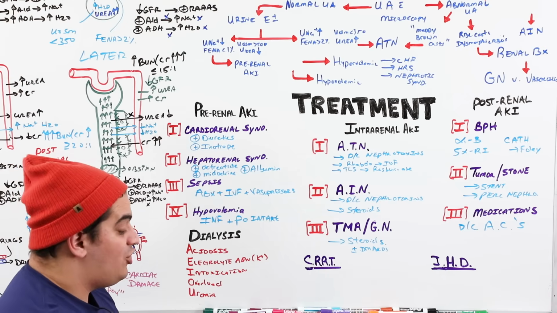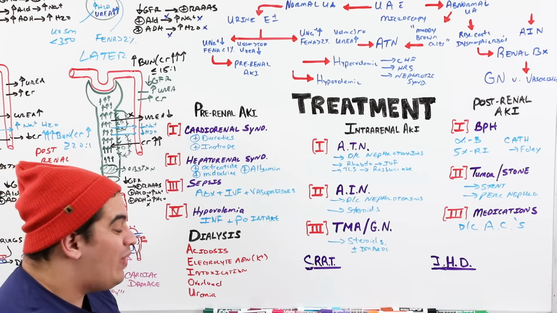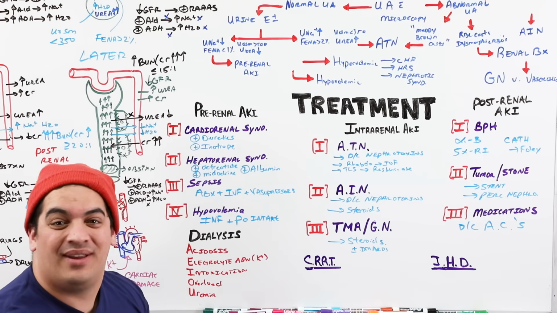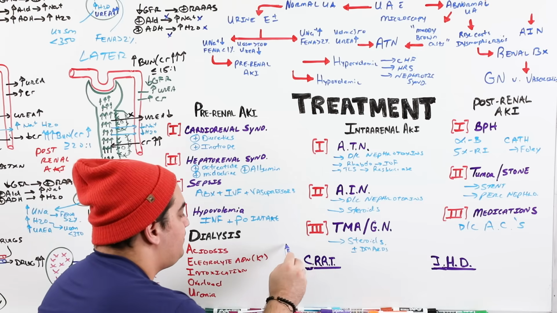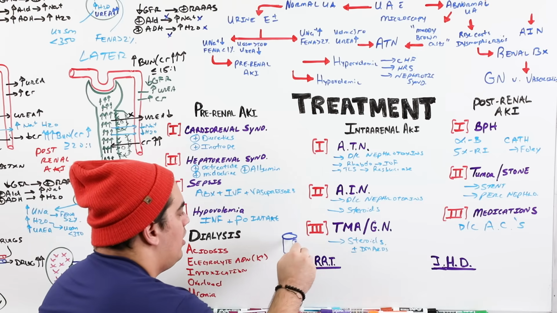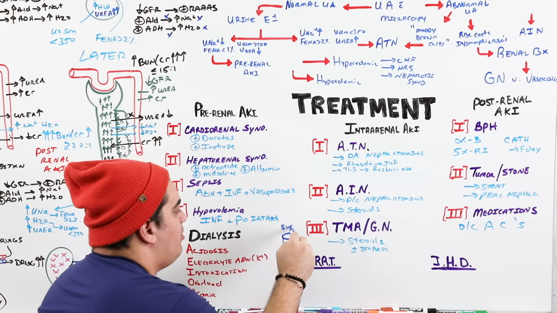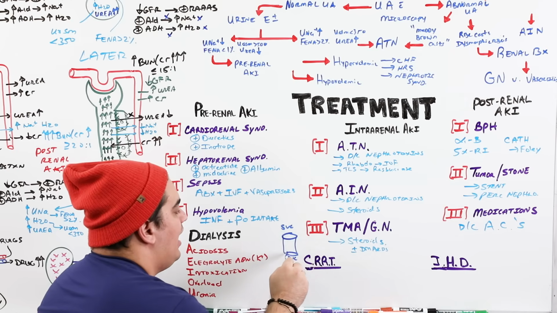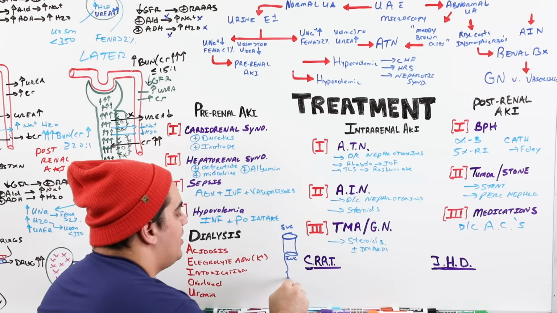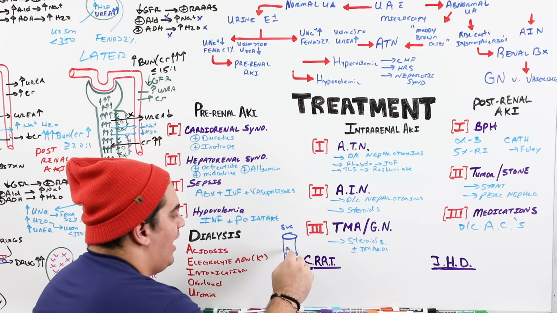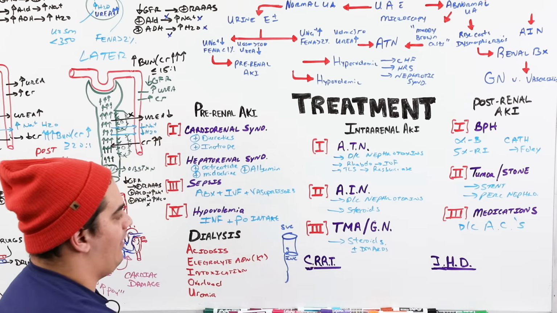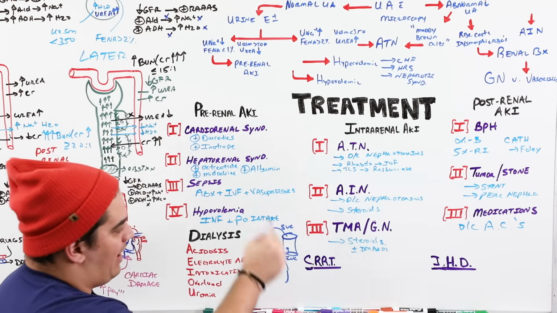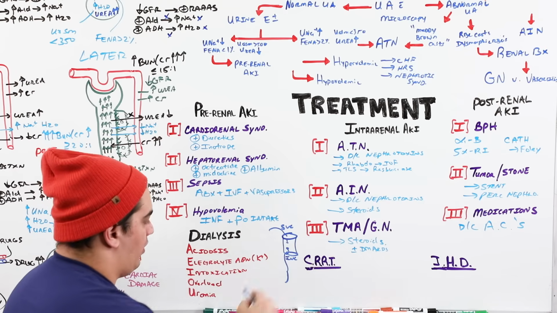Now, in those kinds of situations where the kidneys aren't working, you have to create a kidney for them. And that's where, imagine here's our blood vessel. So imagine for a second, this is the superior vena cava and this is the inferior vena cava. And imagine you take a catheter. And this catheter, I'm going to have it pull blood from the inferior vena cava. And then here I'm going to have one that takes it back to the superior vena cava, okay?